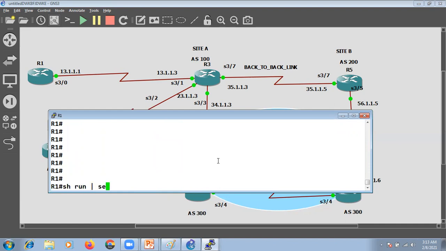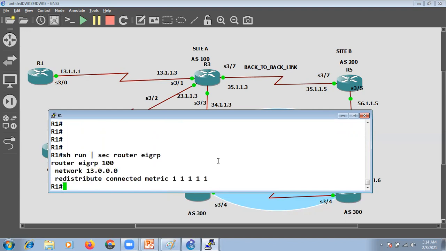Let's check show run section router EIGRP, to see what is configured on EIGRP. It's router EIGRP 100, and we are running EIGRP on the 13 network.